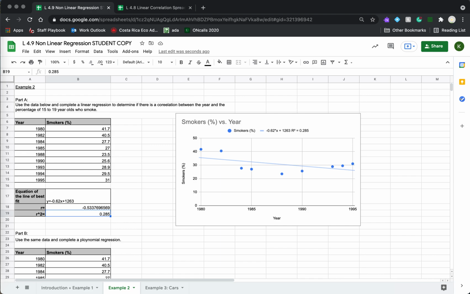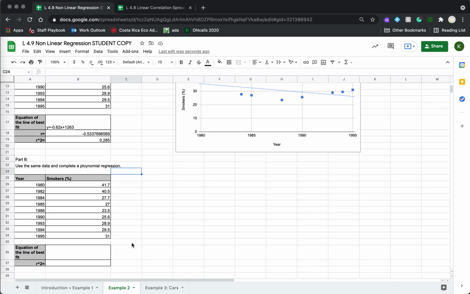If I look at the actual graph, I'm noticing that the line's not really going through the data well. We also kind of see things pop up again at the end. So maybe this one isn't our best option. So what we'll do is we'll try a polynomial regression instead. So highlight our data,